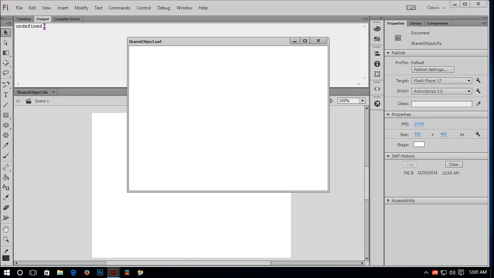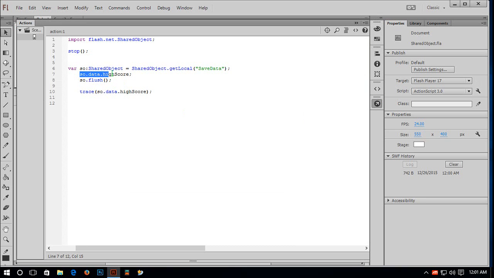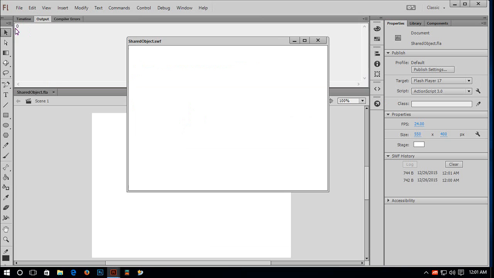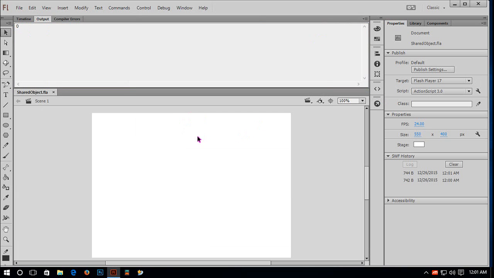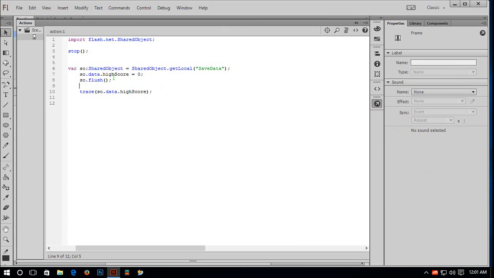You see it shows undefined because I haven't defined anything on my so.data.highscore variable. So to define it I have to type equal to 0. Let's see what happened next. Save, test it again. You see it's showing 0, and okay, and now